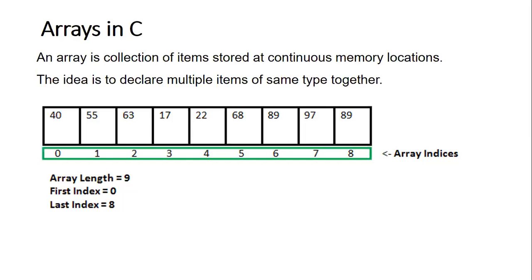Arrays किसको बोलते हैं? So array is nothing but a collection of similar types of elements that are stored in continuous memory location. Similar types of elements होते हैं arrays के अंदर और continuous memory location पे store किए जाते हैं. एक example दिया हुआ है कि यहाँ numbers हैं 40, 55, 63 up to 89, is a list of elements और ये elements सबके type जो common है जो कि integer है और जो elements store किए गए according to indices, ये indices है that is index starting from 0, तो first element of a list of an array